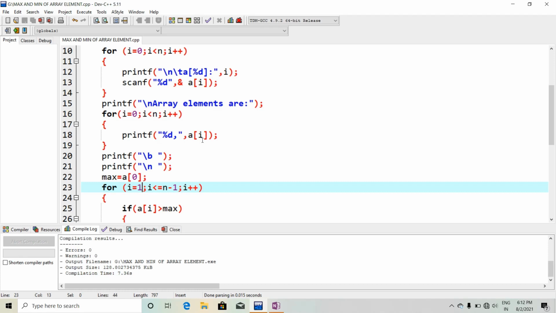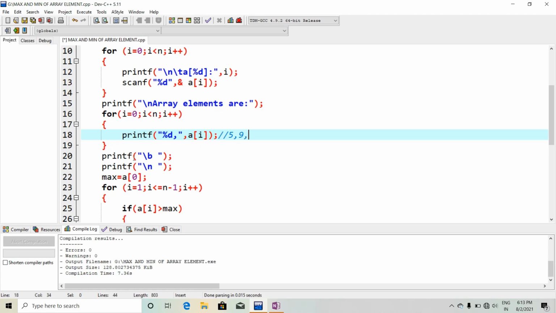But here I am using one comma, so when the user takes an element, suppose if we take 5, then it will print 5 comma. Then for the next element, if we take 9, then it will print 9 comma. So you can see here is an extra comma at last, so we have to remove this extra comma.